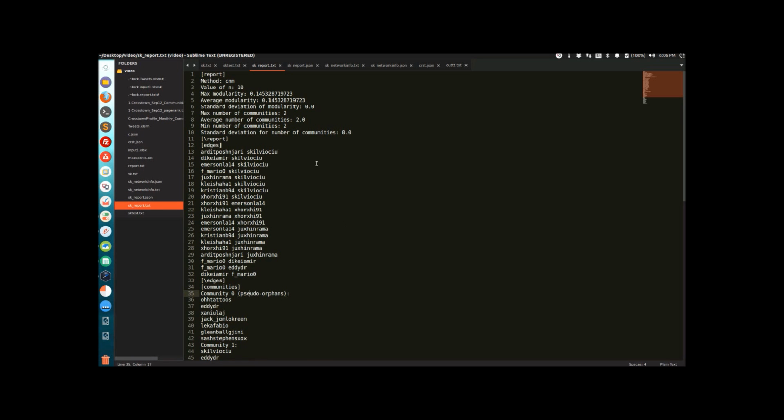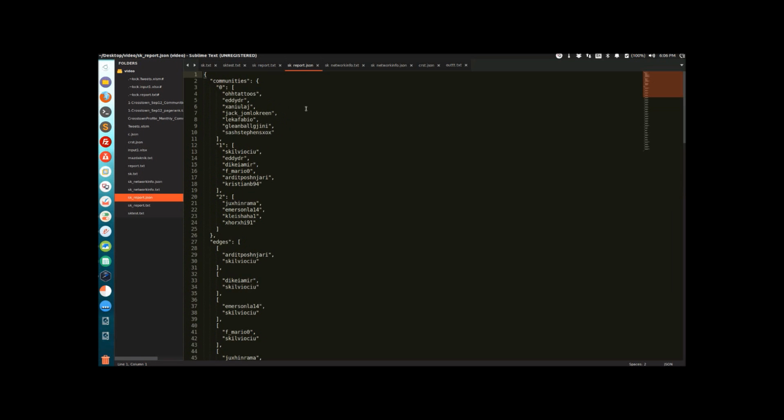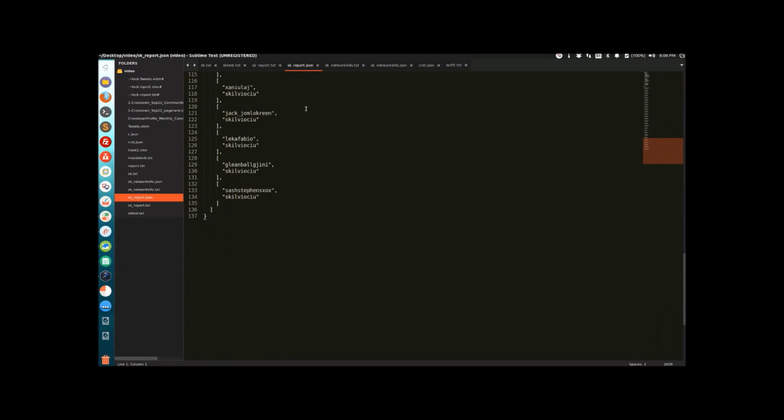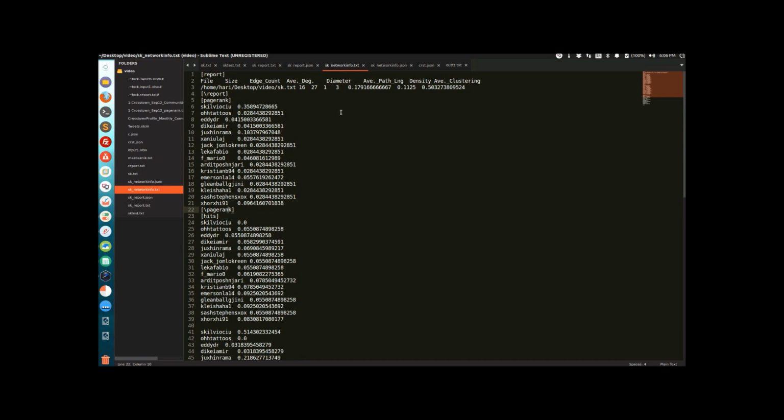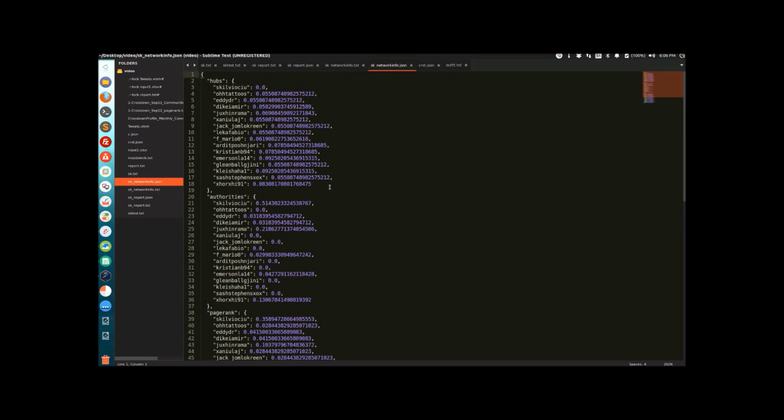And this is the same information in a different format, used to retrieve the data or to visualize the networks. The other output is the level of importance, which is given for different nodes as different numerical values, either in text format. As you see, it shows the level of importance of each node using PageRank as the measure, and here's the value. The same thing for hits, and the same thing for authority. And the other format is the JSON format, the exact same information, and as I said, machine readable